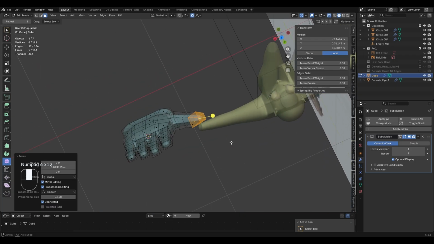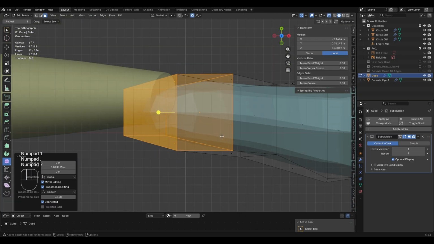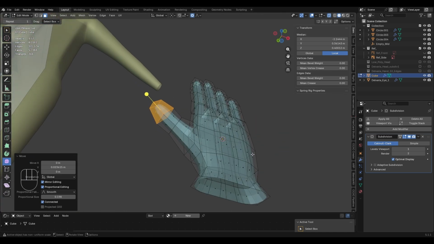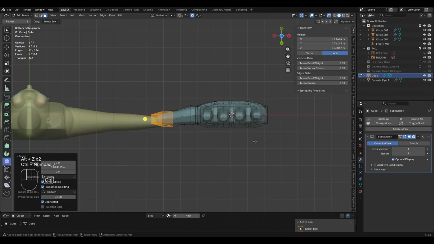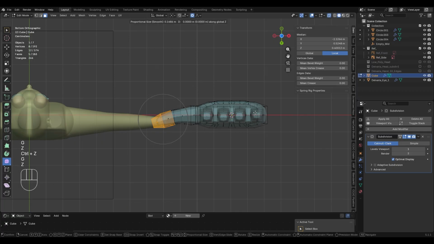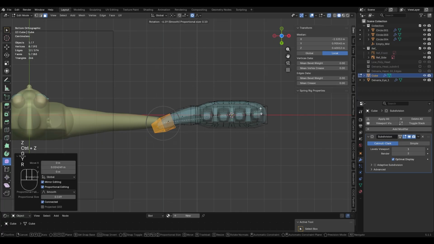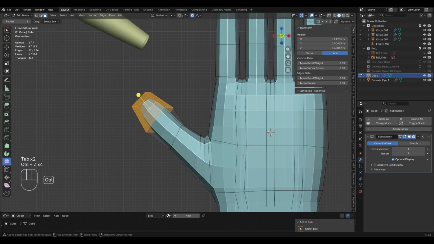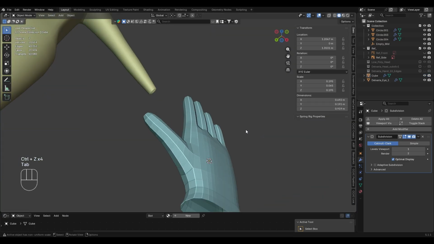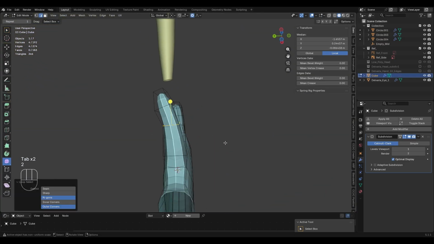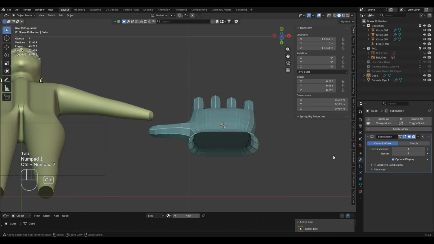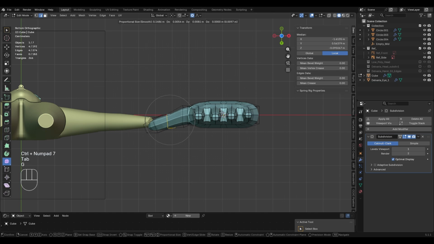So this should be Control 7, and this is our top. So with Control 7 we want to build, and we want to G Y, move it on the Y. This should be, instead of inwards, outwards. So we'll have this part, move it. Now when we look at it from here,